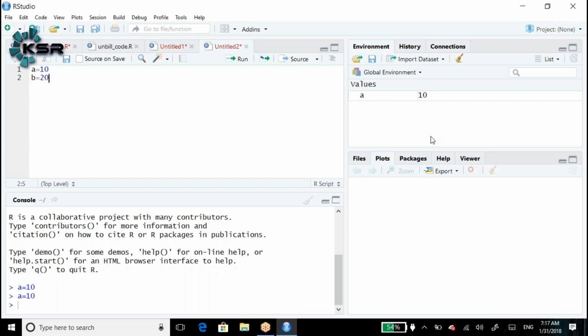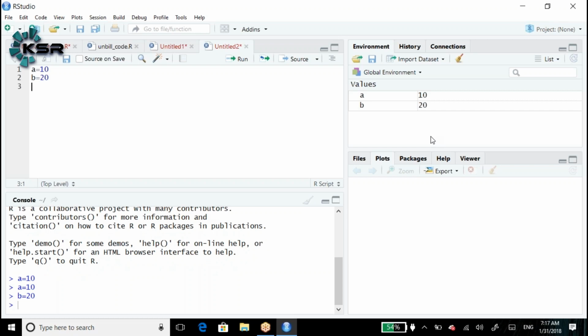Now for example, b is equal to 20. So here b is created. Let's say again b is equal to 50. Now will my value be 20 or 50? Yes, it overrides the data. Now my value is going to be 50. Initially we created b is equal to 20, and in the global environment you can see b as 20.